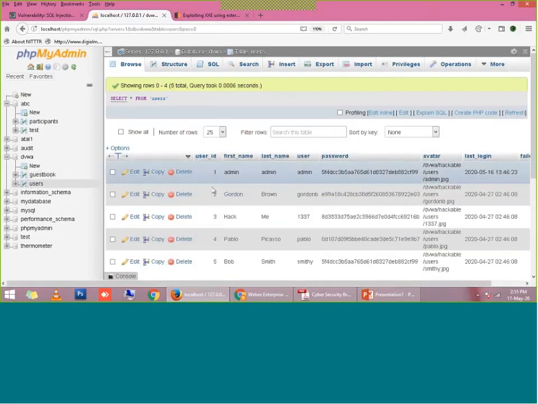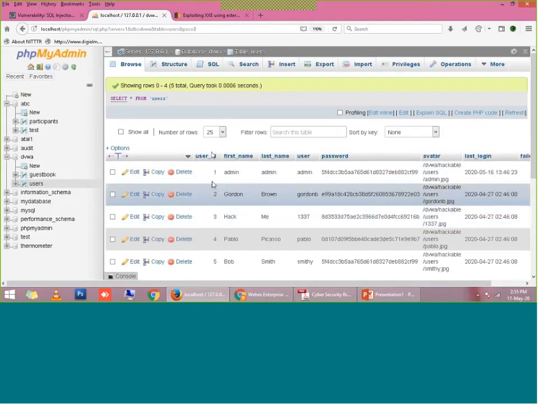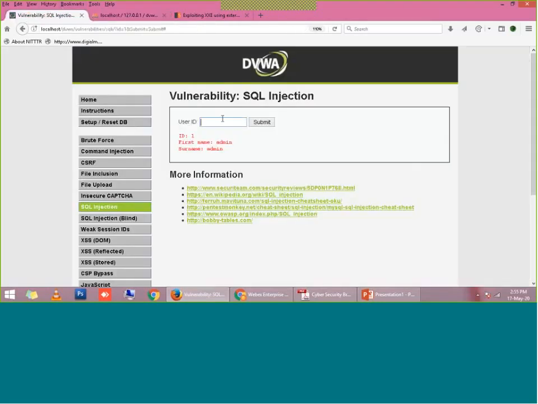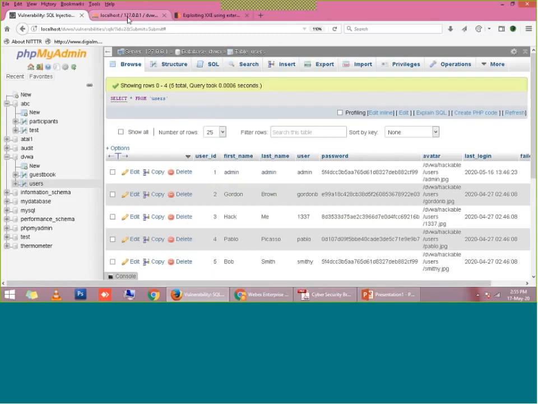This is the user ID which I am entering in the text box, and this is the first name and last name which is displayed here. Whenever I enter a user ID, it shows the first name and last name associated with this ID in the database, right? I think it is clear to all of you.